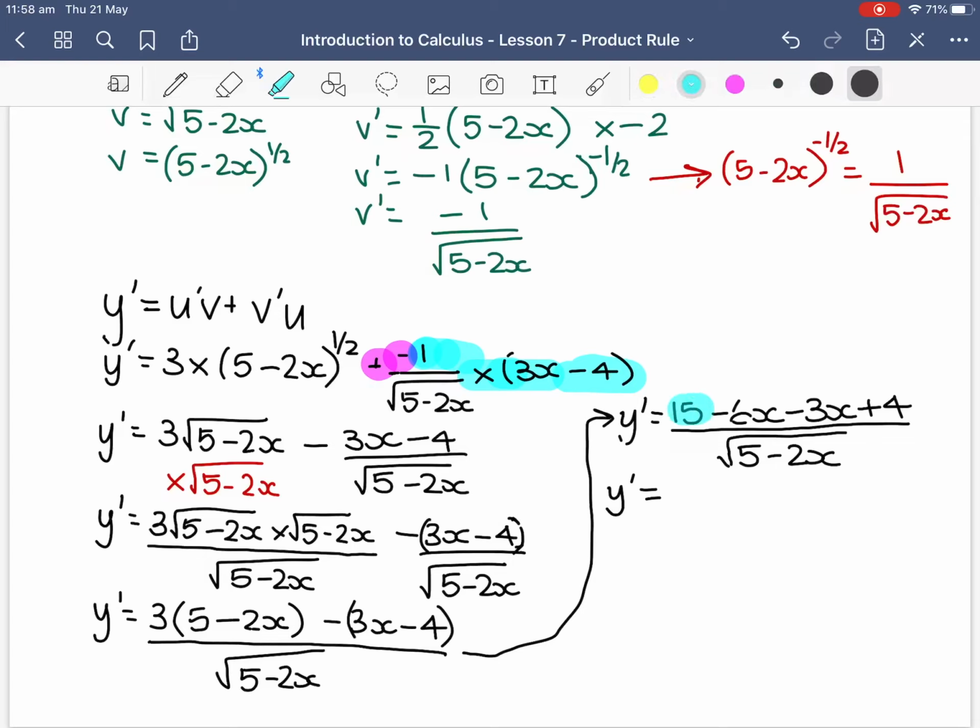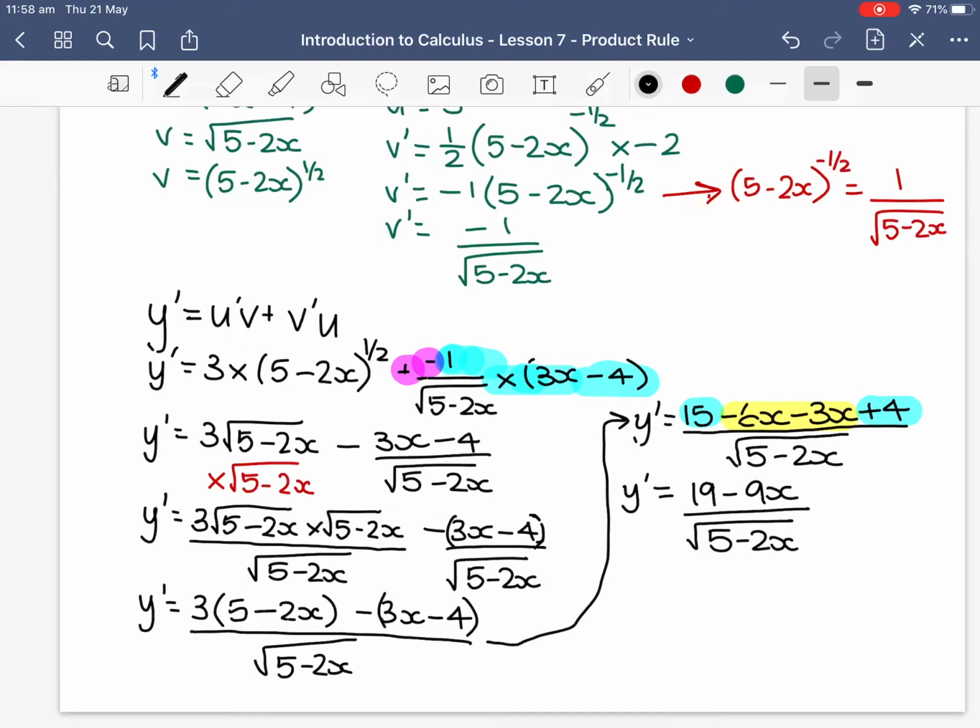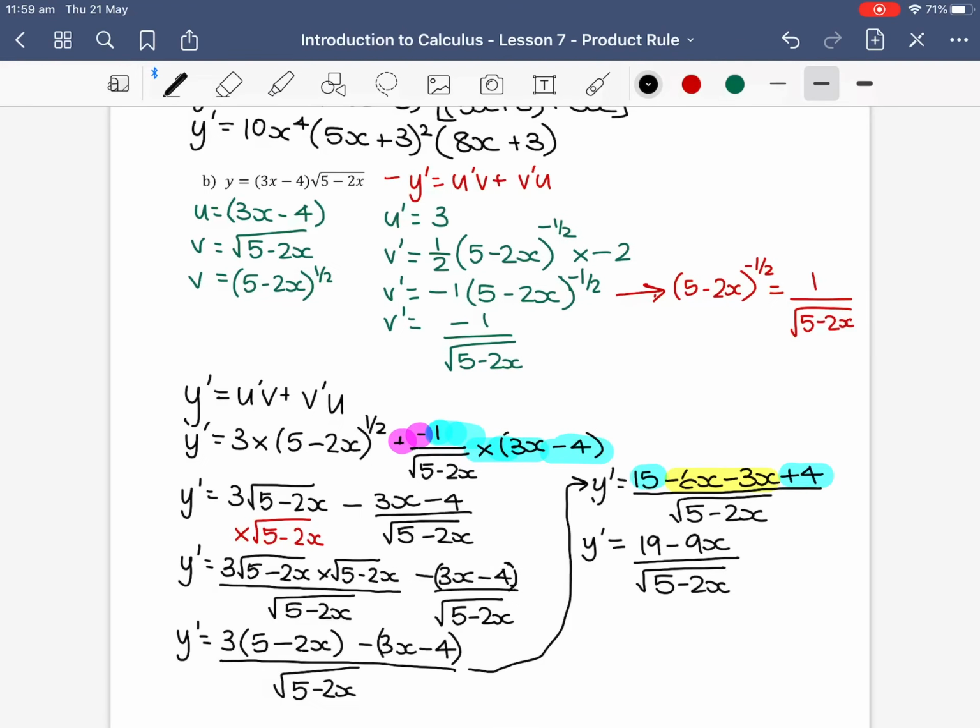So then y dash will equal, collecting like terms, 15 plus 4 is 19. And then minus 6x minus 3x is minus 9x. All over the square root of 5 minus 2x. And that is it. So it's really important that we simplify our derivative down to the